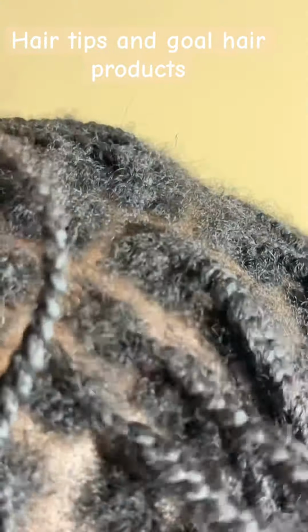And you keep your braids longer, because we know if you have to wash your braids every week, it's